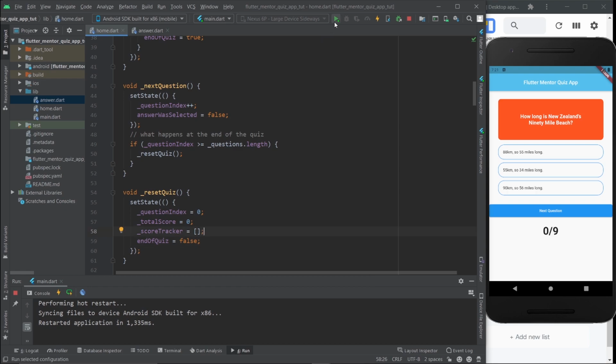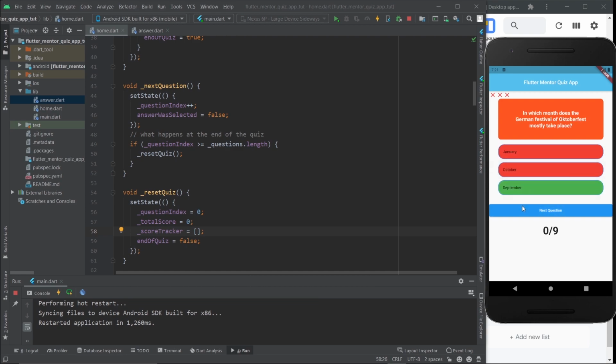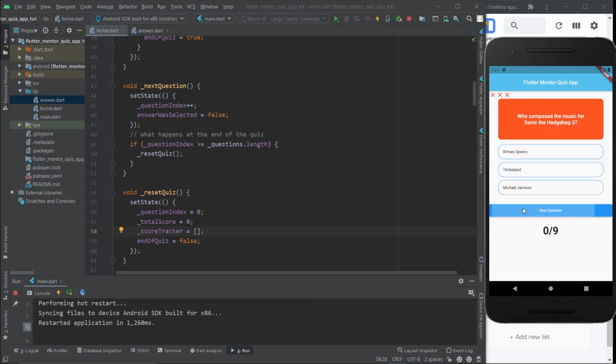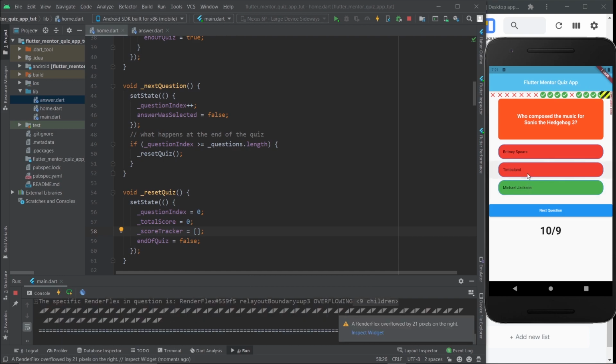So I'm just going to restart the app, just to make sure everything's good, and we're going to test it out for bugs. Here we are, so I'm just going to go ahead and do this. Next question. And did you notice that? That's already a bug. So if I keep tapping it, look at this. This is a ridiculous quiz app. And also, because there's no limit, then this happens. So what is going on here?